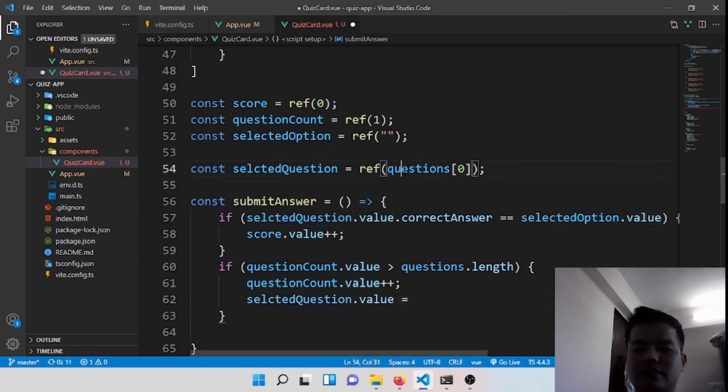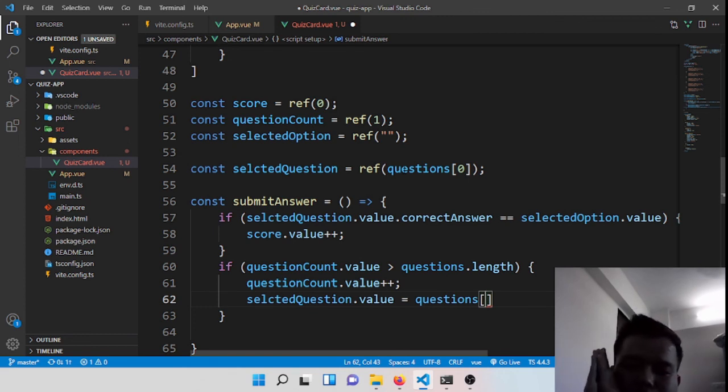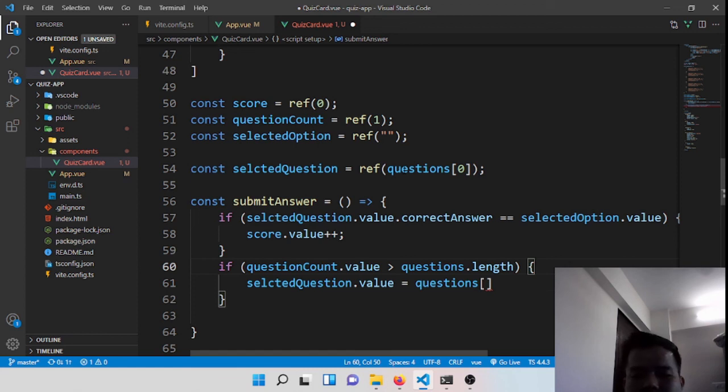The value would be like these questions. As you know, an index in an array starts from 0. So we need to keep track of this also. And how can we do that? So this also will be affected. This question with the count,